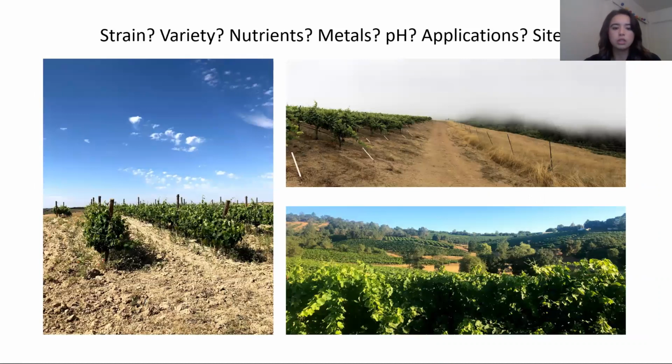So the things I've mentioned are things that we know about redox. So what are the remaining questions? In winemaking, we don't know if or how yeast strain affects the ORP, whether grape variety influences it, if certain nutrient concentrations or ratios influence it, how metals and their ratios affect it, how pH affects the redox curves and progression. What do redox curves look like for spontaneous versus non-spontaneous fermentations? And what do the ORP curves look like under different situations where a juice is a challenging environment? And do they differ between the types of challenges?